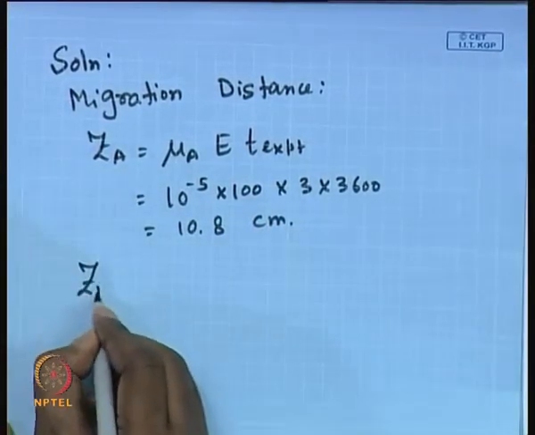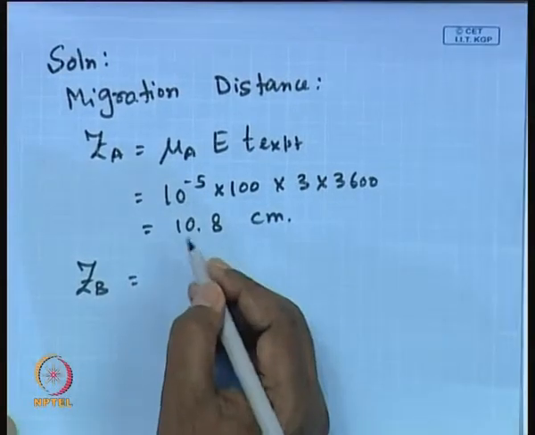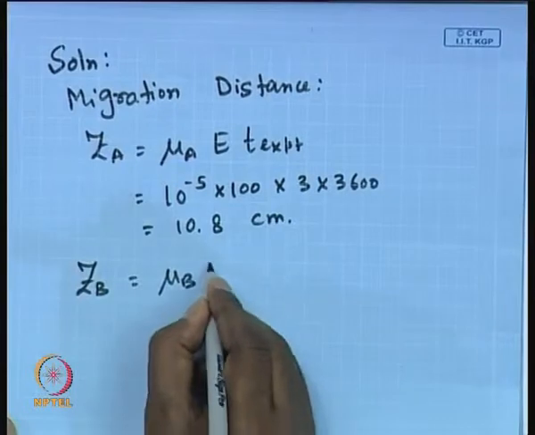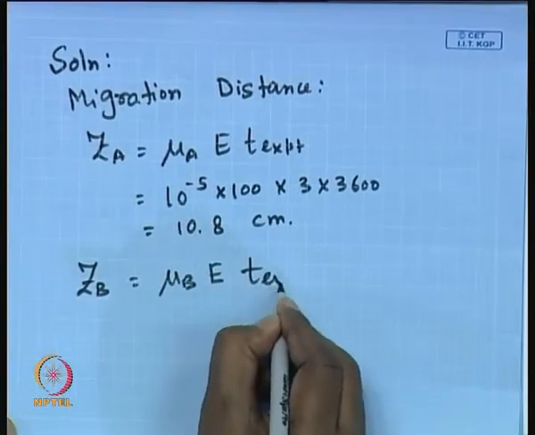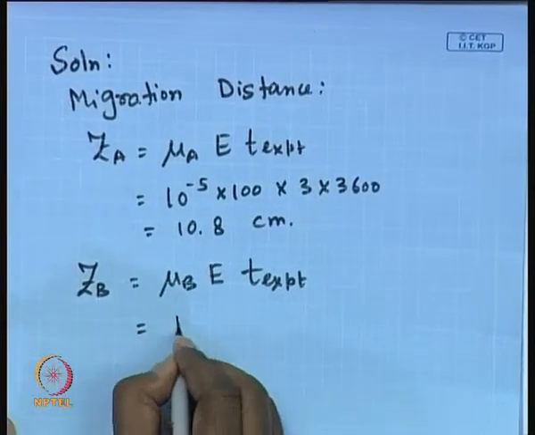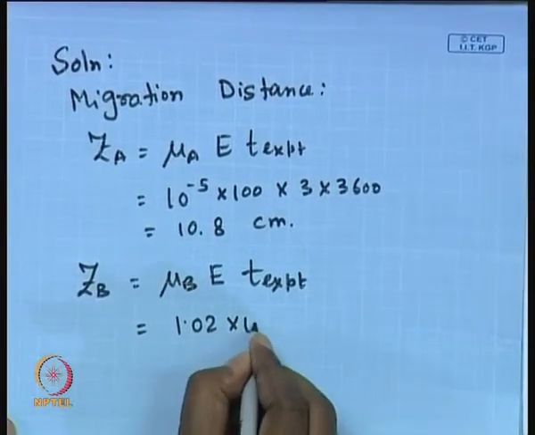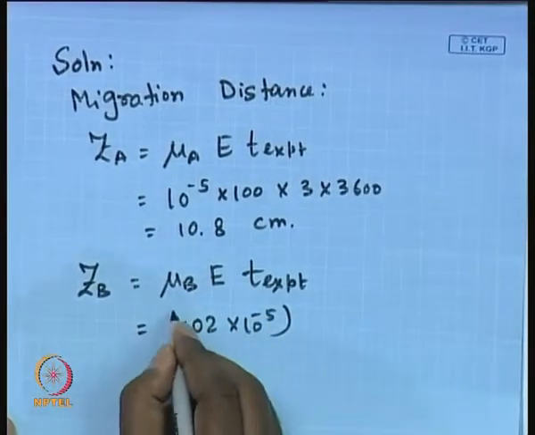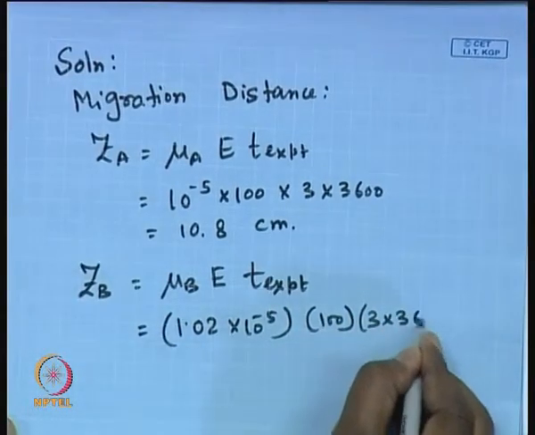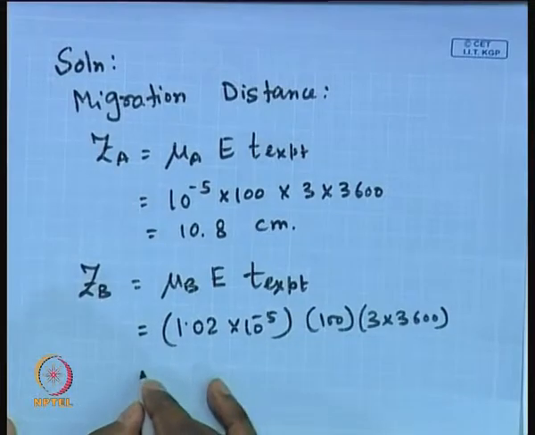On the other hand, you can find out the migration distance for the protein B as mu B times E times the time for experimentation, that is 3 hours. So, you just put the values: 1.02 into 10 to the power minus 5 times 100 into 3 into 3600. So, it turns out to be